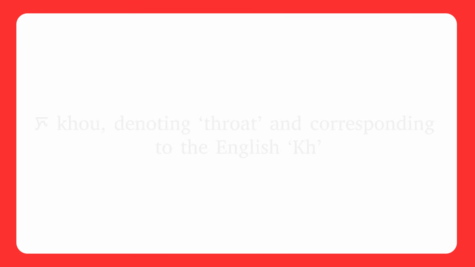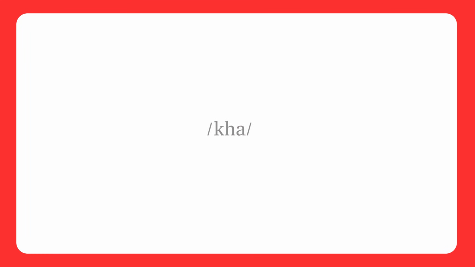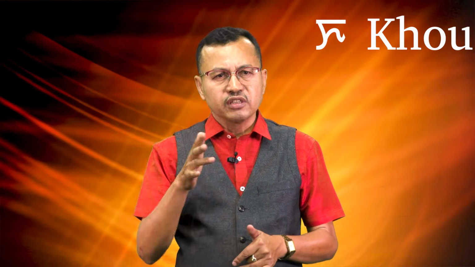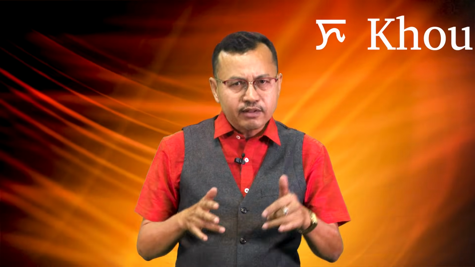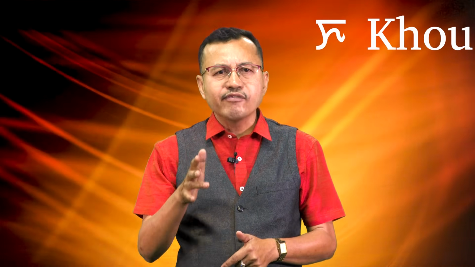Notable for its flowing contour, the ninth letter khau, denoting throat, and corresponding to the English KH with the phonetic value k, features a horizontal upper bar, a long descending stroke that hooks leftward, and a wave-like curve sweeping to the right before tapering to a point. The undulating form evokes the dynamic shaft of the throat, gracefully rising in a tall frame form.